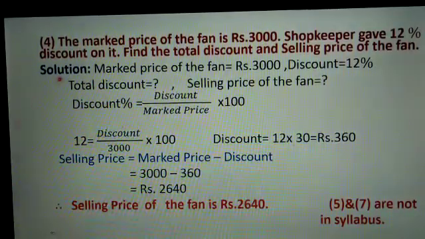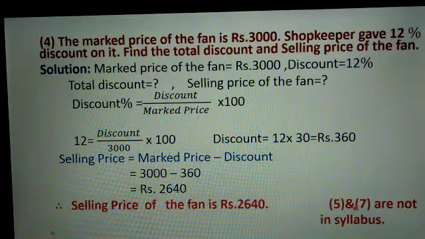Now take out your textbook and page number 55. From page number 55 of practice set 9.1, the 5th and 7th sum are crossed. They are not in the syllabus for this year only. So children, you will make a cross with a pencil for the 5th sum and 7th sum only, not others. Okay, only 5th and 7th sum. Got it? Now come towards the next sum in the next part. Okay.